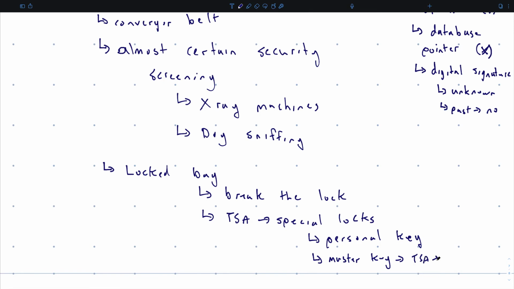And it opens all locks. So if they want to go through your bag, it's fine, but they won't break your lock. When they're done, they'll lock it again, and now you still have a lock. Okay? Now, here's the big problem with master keys, and this doesn't just apply to locks in airports, it applies